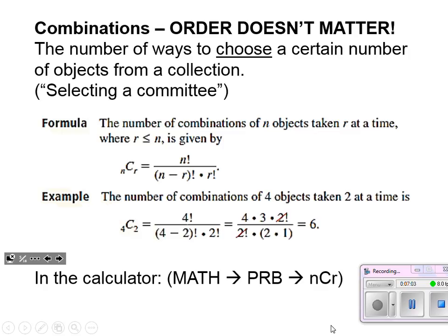All right, so our formula, you'll see that we have n objects, we're going to choose r of them, and it's still driven by factorials, except now not only are we dividing out the remainder, how many people are left over, but we're also in the denominator dividing out the ways to arrange those objects. So the formula does make sense because not only are we choosing our objects, but we're dividing out the ways that we could arrange them. So the arrangement clearly doesn't matter here. The calculator again can handle this using that probability menu.